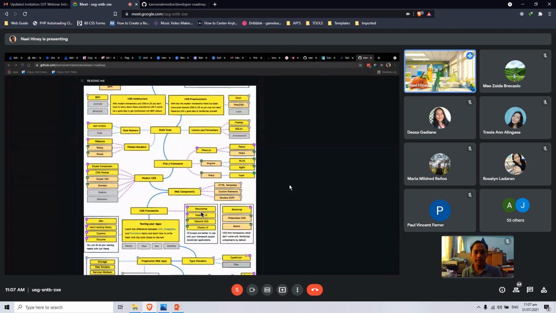Dili necessary nga hutdon ni mo og tuon. Paggamit lang gyud isa. Siguro Material UI or Tailwind. Or Element UI. And then pick a framework. Mag-pick lang dire. So either Vue, Angular,